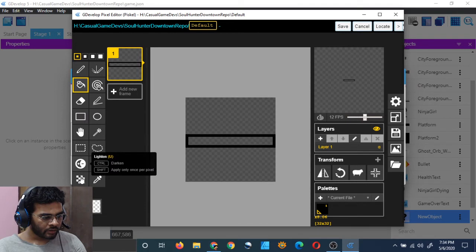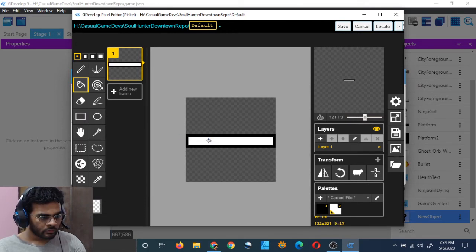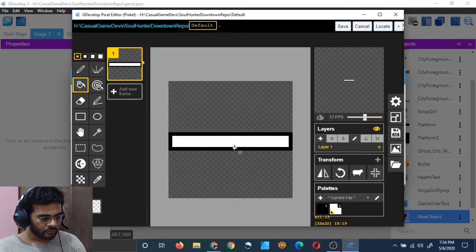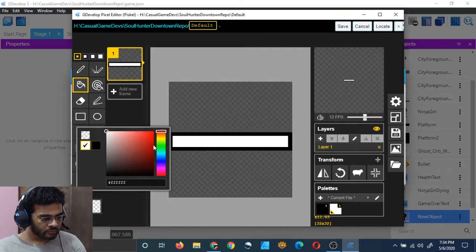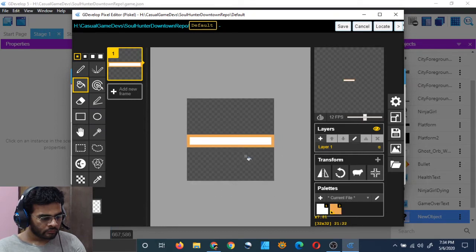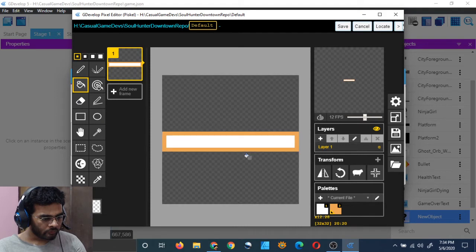And white, I mean white color here. Should I change this color to something orangish like that? Is it looking better now? I wonder if it is.